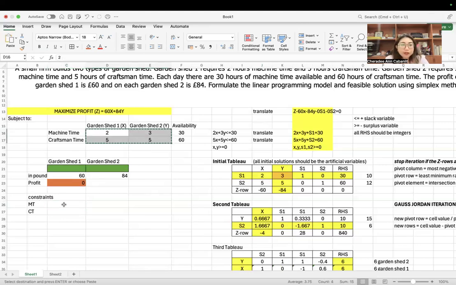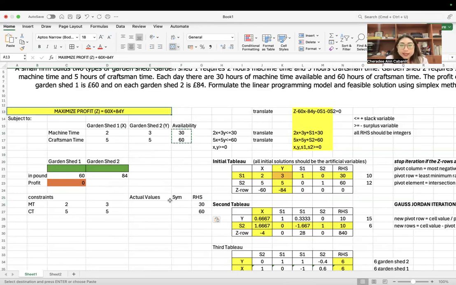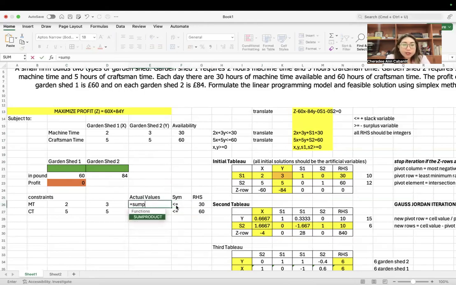So we can use that, 2, 3. That's already for garden shed 1 and garden shed 2. This is the actual values, your symbol, and your right-hand side. So we can just copy the right-hand side, and based on our initial LP model, that's less than or equal to the symbol. And then for the actual values, we can do sum product, right?